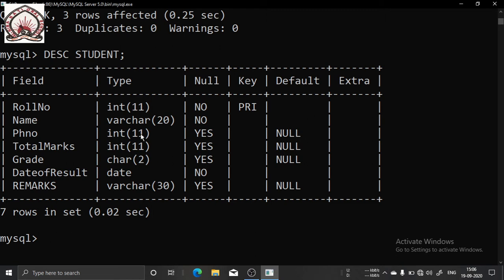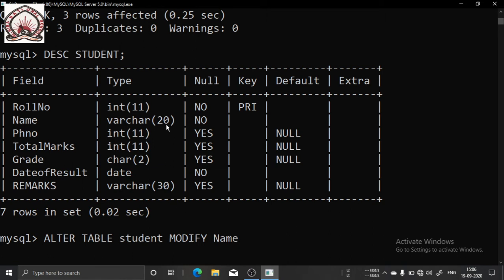Suppose I want to change the size of the name column, not the data type. So what will be my syntax? ALTER TABLE student, then MODIFY, and which column? name.